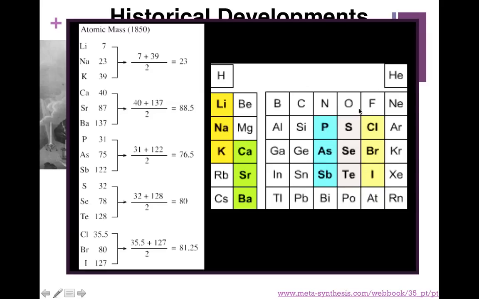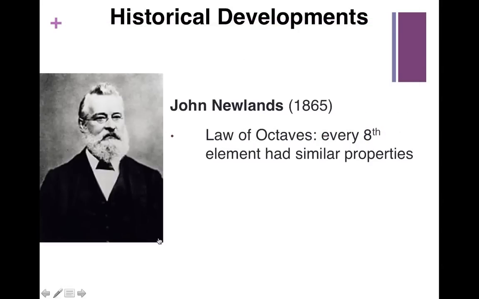And this is a modern version of the periodic table. This is more of what he noticed: oh look, there are these groups of 3, and when you average them out, they have the same average atomic mass. So lithium, sodium, potassium, calcium, strontium, barium, phosphorus, arsenic, antimony, chlorine, bromine, iodine. He noticed that these 3 kind of act very similar, and so he came up with these groups of triads. So as we discovered more elements,